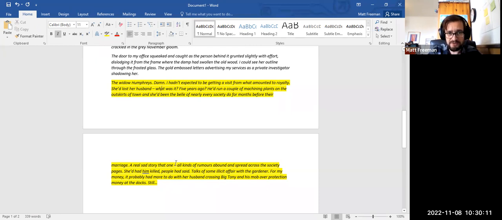But I'm also getting across this idea of tragedy, which often occurs in this detective fiction genre. And at the same time getting across that maybe there's a possibility that she might have had something to do with it. We don't know, do we? And that's absolutely something we're going to be discovering as we go on. There's going to be a lot more to these characters than meets the eye. There always is with this genre.